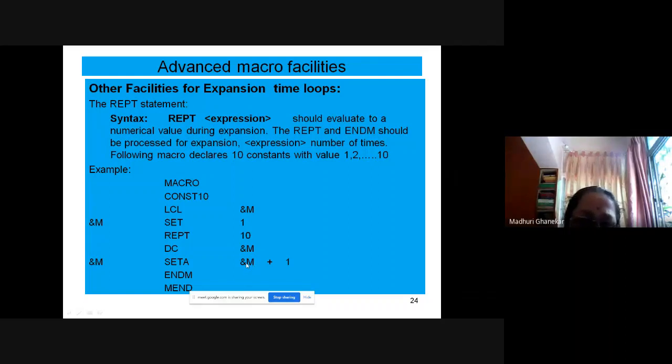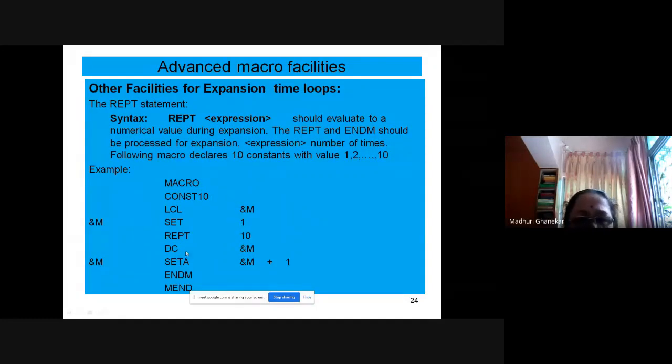So M becomes 4, declares constant 4, M becomes 5, declares constant 5, and so on up to 10. So it will declare the constants with values 1, 2, 3, 4, 5 up to 10. This is the only thing it is doing: declaring 10 constants. This task has been performed inside the macro.